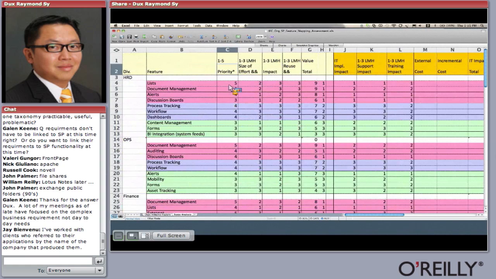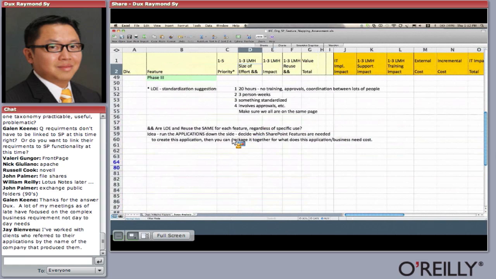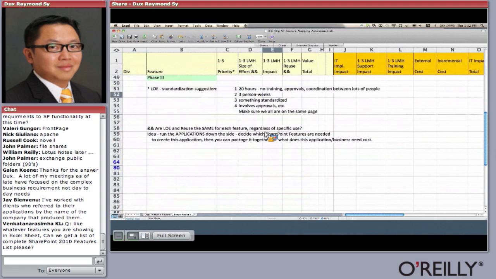Number one is based on priority. This priority is based on what the business told me. Second is, what's the impact or the effort necessary? So I use 1, 2, 3. And what do those numbers mean? I have a standardization of what those numbers mean. It's not just 1, 2, and 3. 1 requires 20 hours of a person with a specific skill set. 2, 3 person-weeks, etc. So I rank them, I put the numbers, and